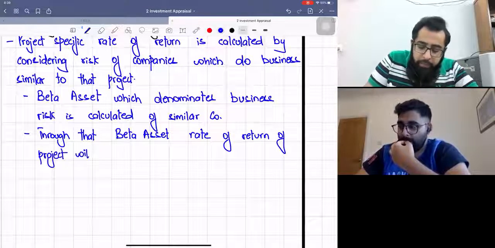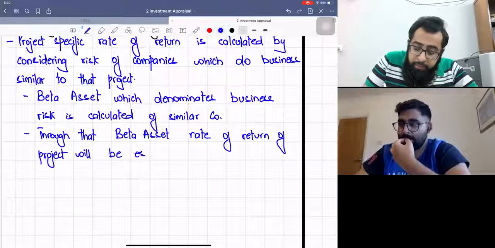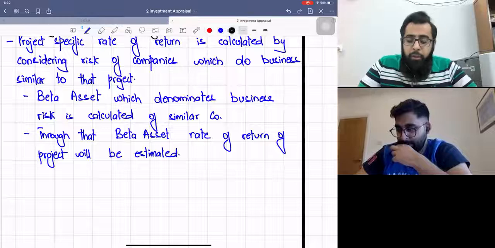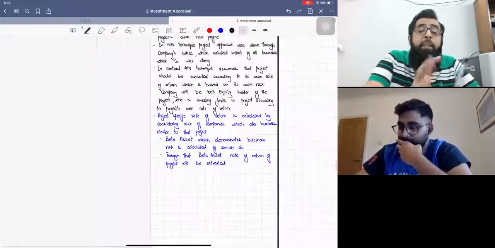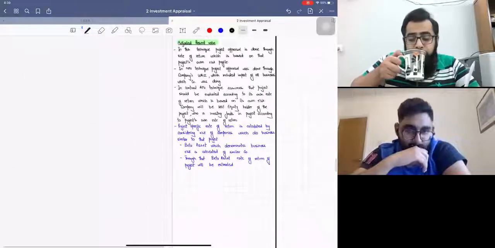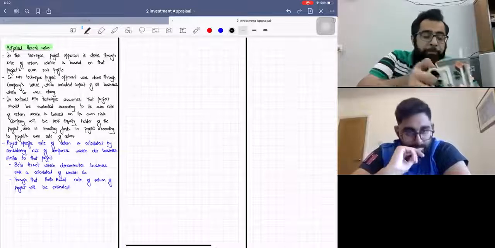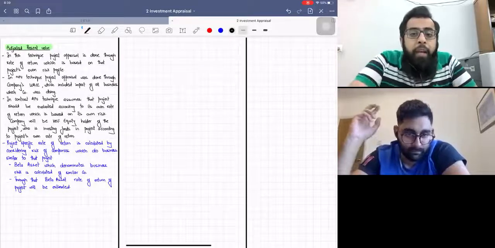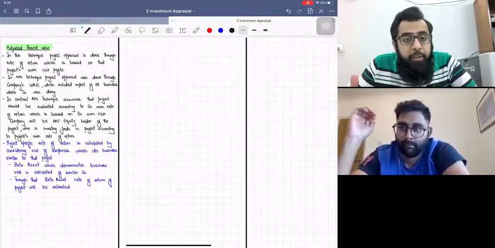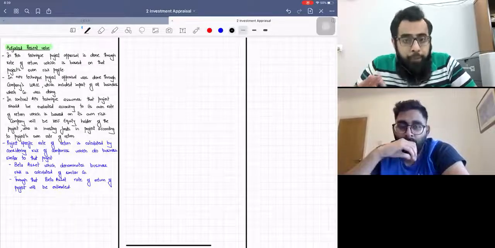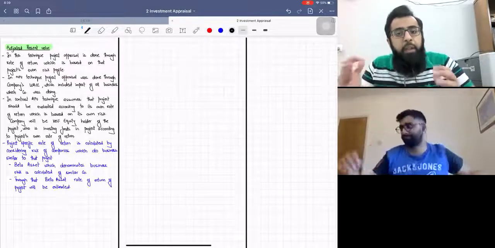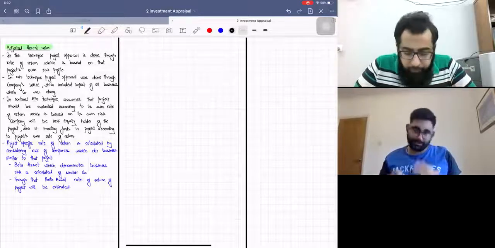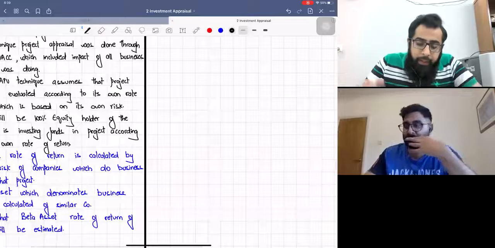Okay? Now there are some more adjustments in the adjusted present value technique also. First of all, what did we discuss? We said that the APV technique says that we have to calculate a project specific rate of return, and through that project specific rate of return, we will estimate an NPV, which will denominate that project's risk. Okay, now NPV